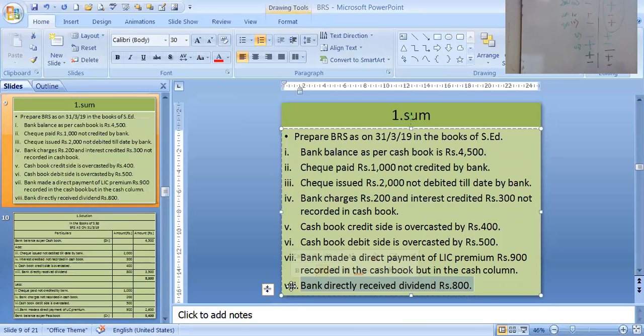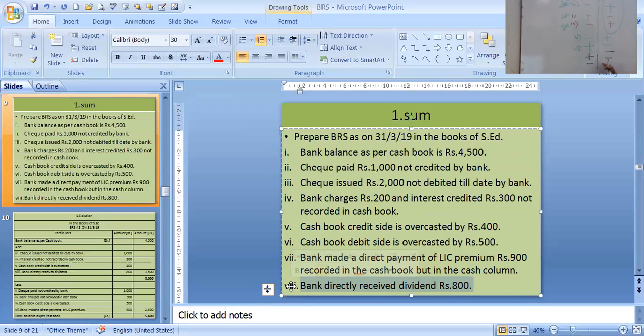Again, if I say one more, that bank has directly received 800, and we have recorded by mistake in our debit side, means receipt side, as 200. So there's a discrepancy of 600, and this one is not recorded much. So this is a minus 600, reduced 600. So we will follow the passbook, which is showing plus. So it is nothing but 600 then. But not in this case. This I have given as 2 other options.